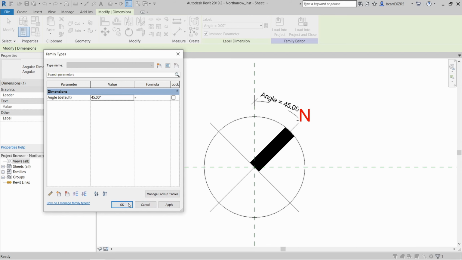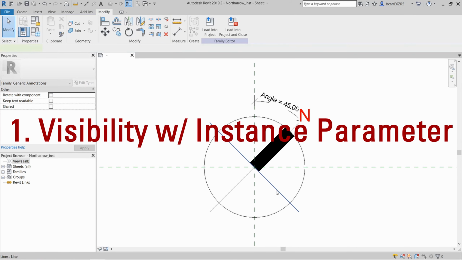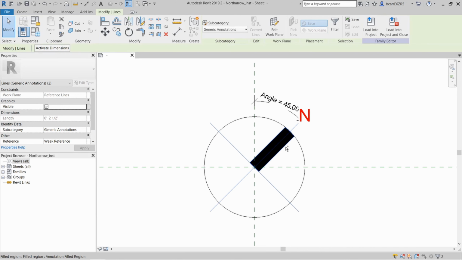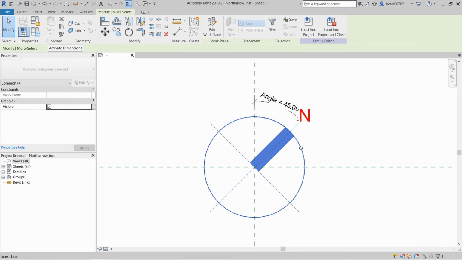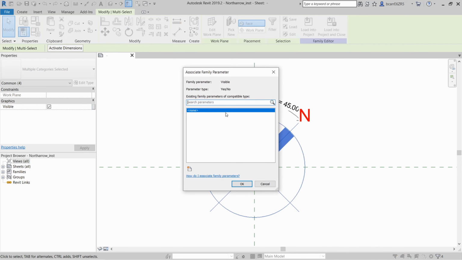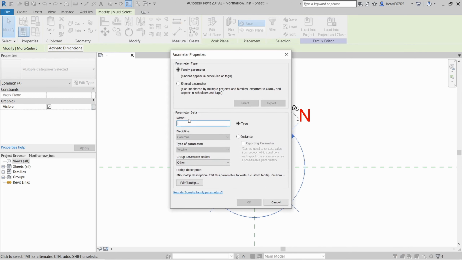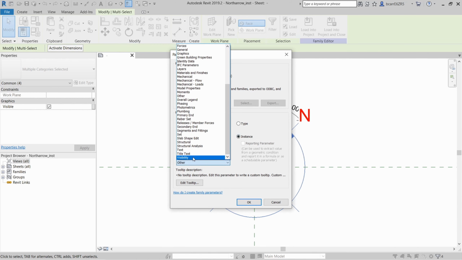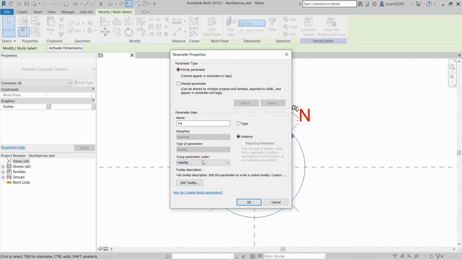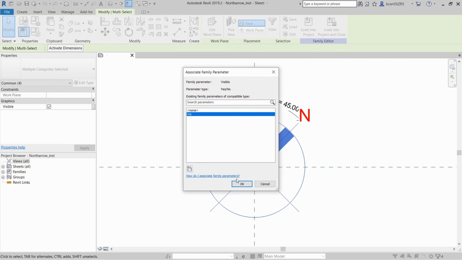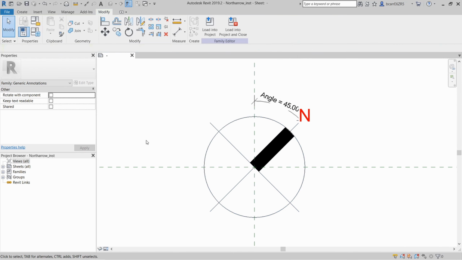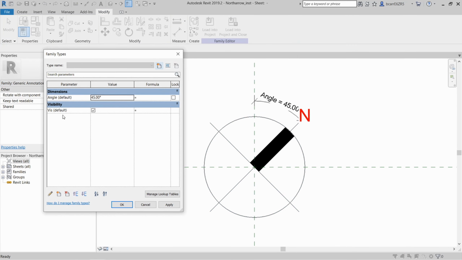Now let's create another instance parameter that controls the visibility of all these elements. I'm going to select all the lines in this model and the text box, and I'll go to Visible in my Properties panel and click on that little gray rectangle on the right. Over here, I'll create a new visibility parameter called Viz, and it'll be under the Visibility Group parameter. When I'm done, I'll hit OK, and now under Family Types, you can see a new Viz parameter was created